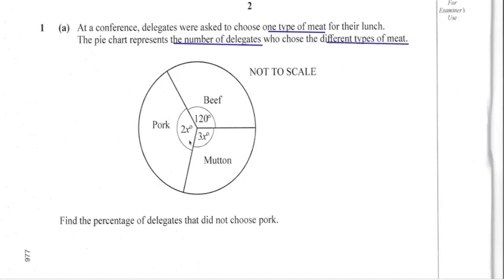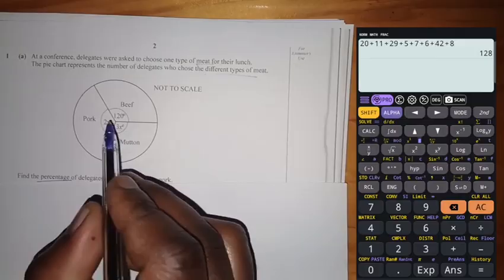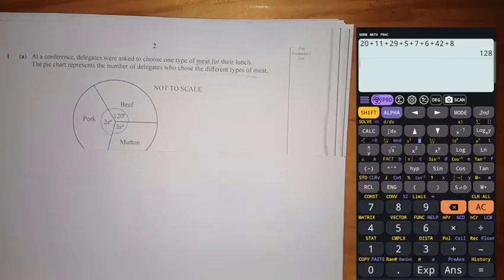Now on pork, we have 2x. On beef, we have 120 degrees. On mutton, we have 3x degrees. Now find the percentage of the delegates that did not choose pork. We are going to solve this question by first finding the value of x. And then once we get the value of x, we are then going to say